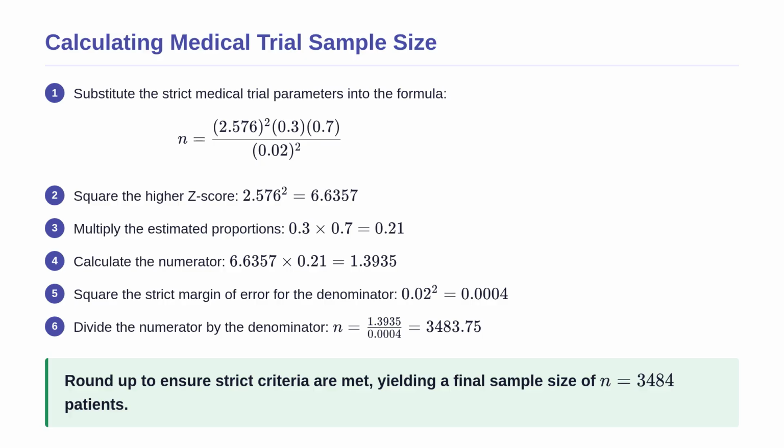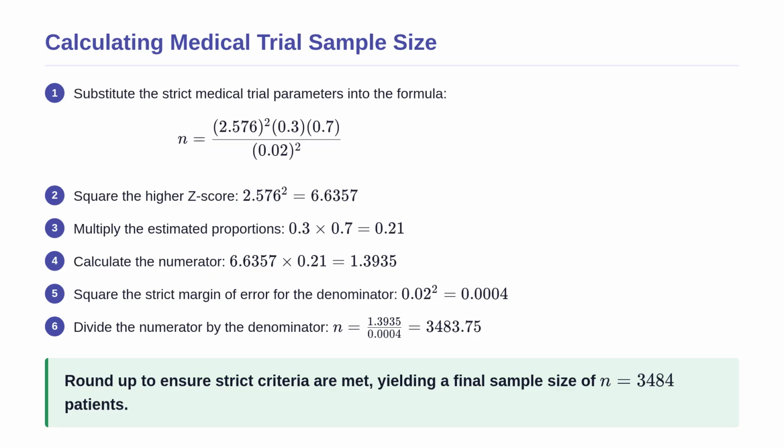Let us apply Cochrane's formula again with these stricter medical trial parameters. We substitute our new values into the equation. Squaring the higher z-score of 2.576 gives us 6.6357. Multiplying our proportions, 0.3 and 0.7, gives 0.21. Multiplying these together yields a numerator of 1.3935. Squaring our tiny margin of error gives a very small denominator of